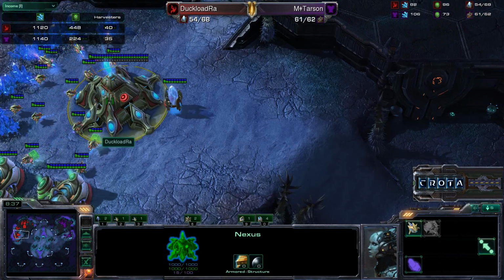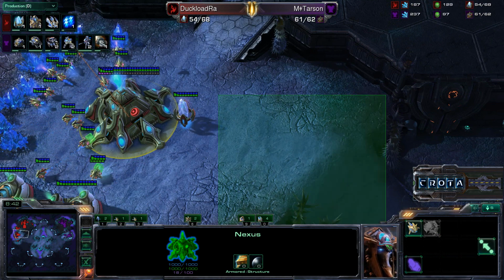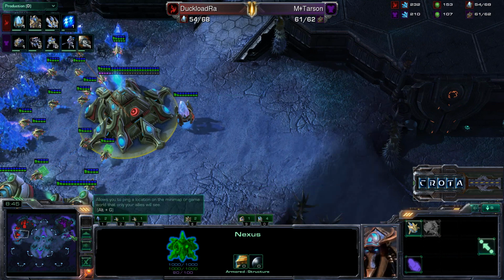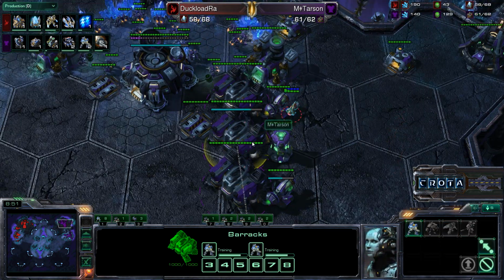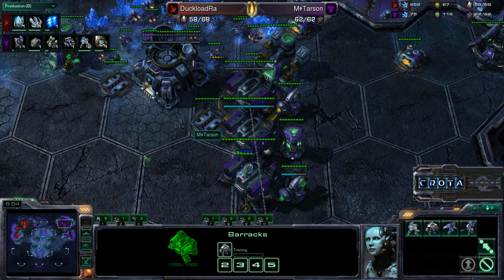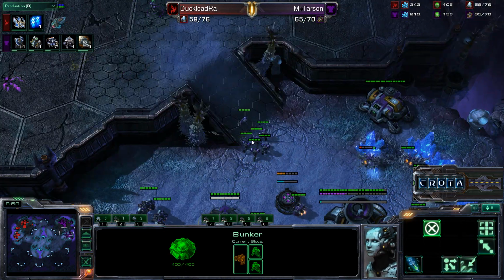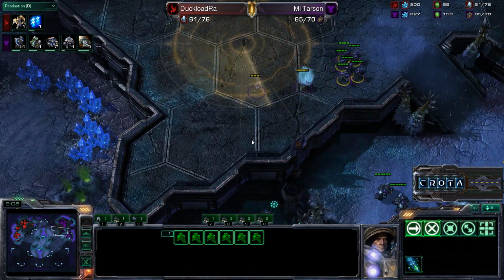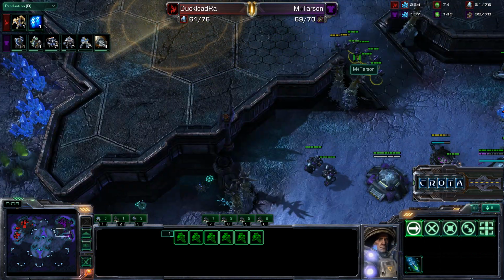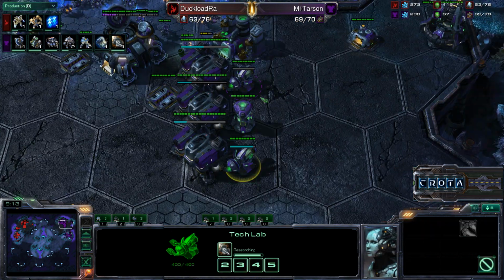And if DuckloadRa tries to hold off with just, and I say just, only Sentries, he's going to have a very difficult time. The Ghosts are out. 2 Ghosts are out. 200 minerals, 100 gas each, as the units are continuing to make their way around. Marines are now trying to stim underneath. Yeah, getting some damage onto that one Observer. Down it goes. Combat Shield has not been started yet. It should be started right after the...